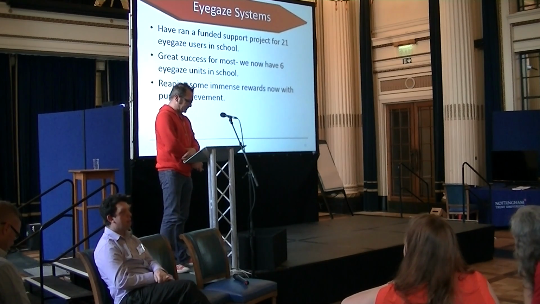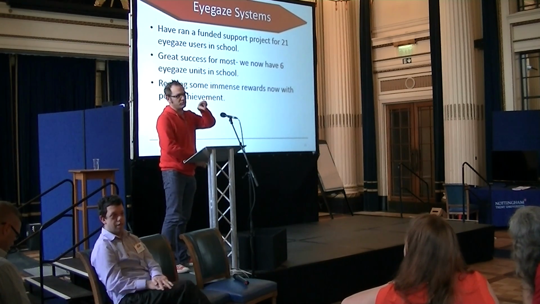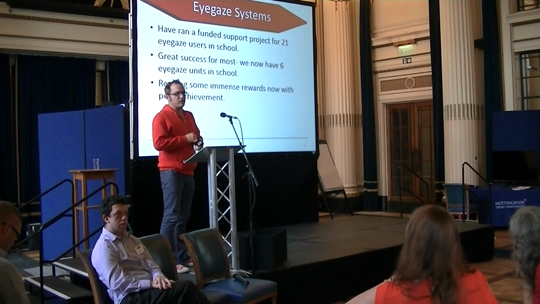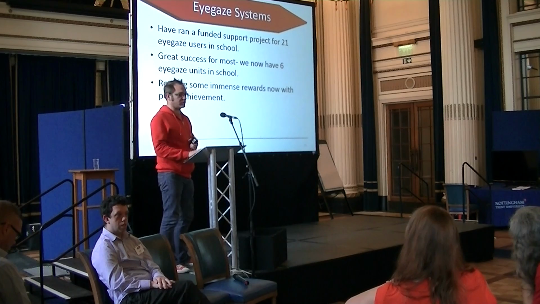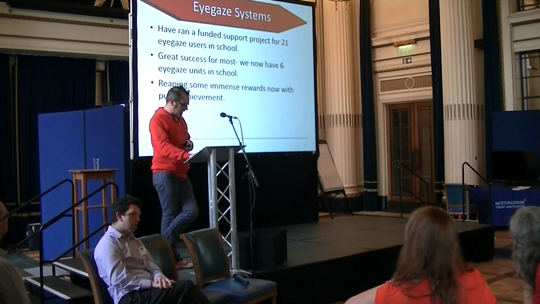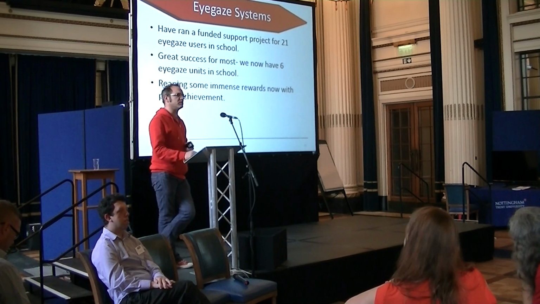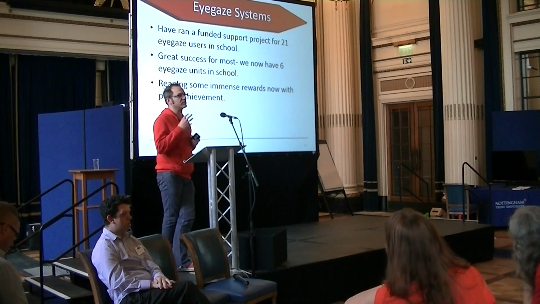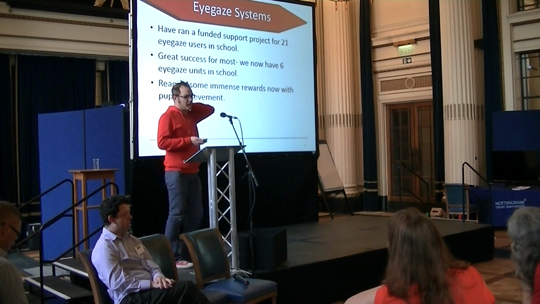Well, they don't break. But we've also been using eye gaze systems, so that's eye control of the computer with your pupils. So you move your pupils and it acts like a mouse on the screen. We've got 21 eye gaze users, ranging from the sensory use, just cause and effect, right up to using it as a communication aid. And we're getting some really good rewards with pupil achievement. We've got a girl with Rett syndrome who's just jumped up quite a few levels in our assessment procedure, because although she's got no physical control of her hands, she can access the computer with her eyes, and we're realising her cognitive abilities are way above what we thought she was at.